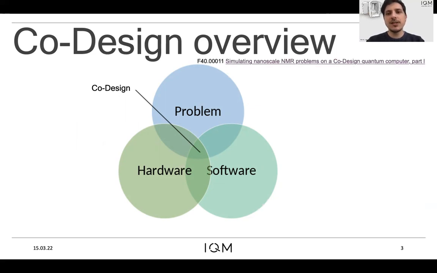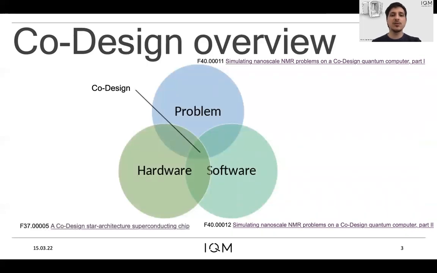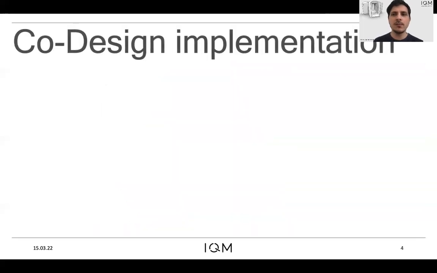The problem was already introduced by my colleague in his first talk and also the simulation algorithm. And now I will talk about the swap routing and how to optimize these swap gates through the use of a specific architecture. In a separate talk that was already given, another colleague showed the hardware implementation details for this architecture. So the problem we will consider was already introduced by my colleague in his talk, but we can remind